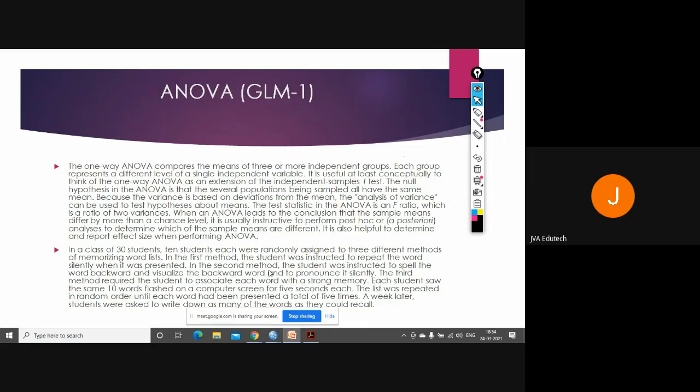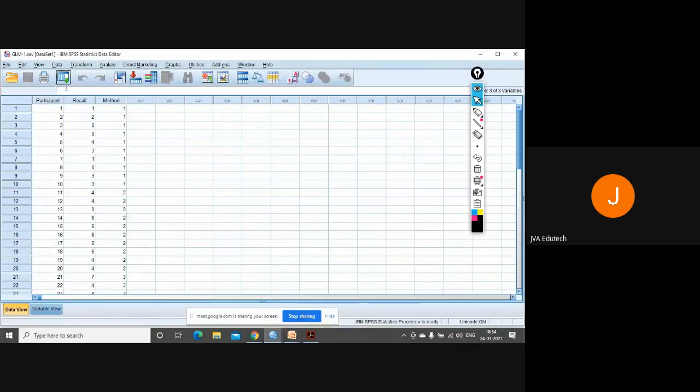We have one predictor variable, drawn from the same population but divided into three categories, and it's categorical in nature, following normality, that is the assumption of parametric test. So in this case, which group performs better? We can use one way ANOVA. So to use one way ANOVA, I would suggest you open this file glm1.sav.